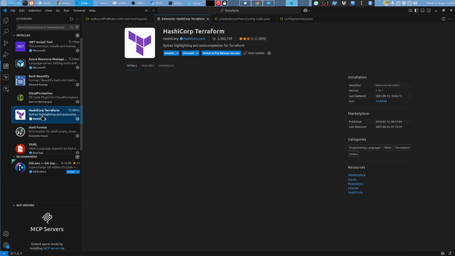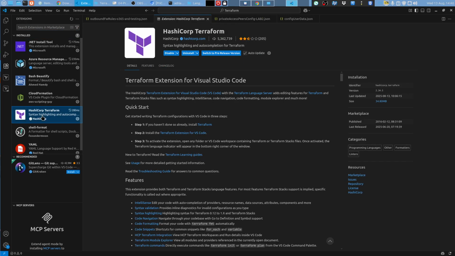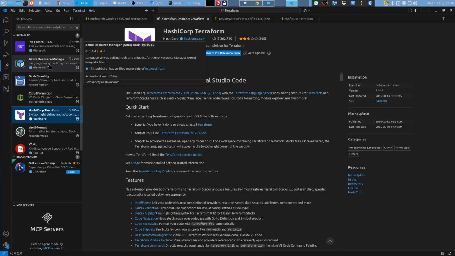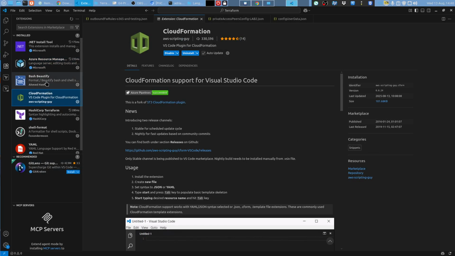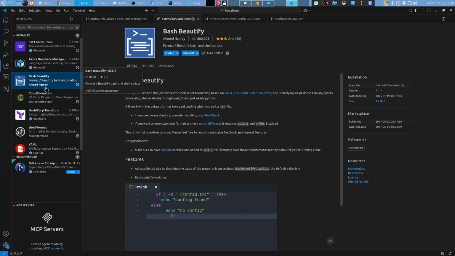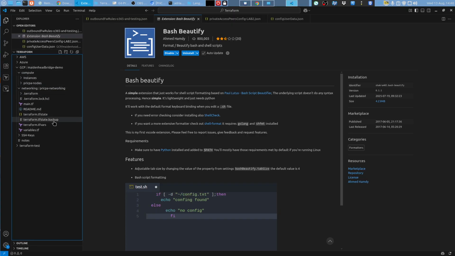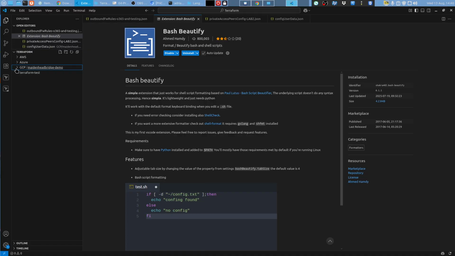Then at least you need to have this extension, the HashiCorp Terraform, but I recommend, if you are multi-cloud, Azure Resource Manager, CloudFormation, and if you're using Bash templates, Beautify Bash or shell format. Then I recommend to have these extensions, and I have here on Terraform now, these are the directories, and I